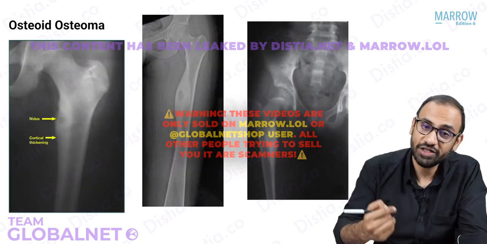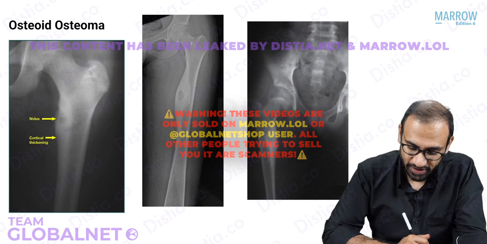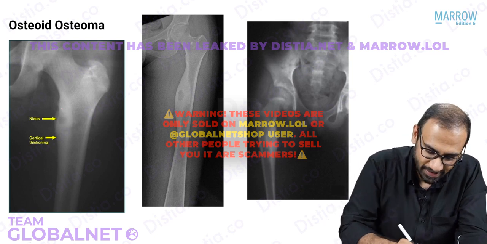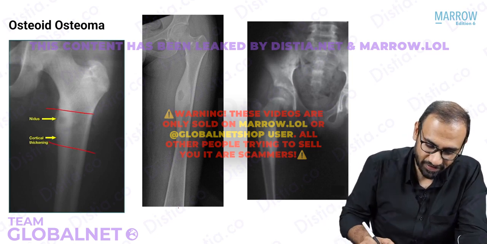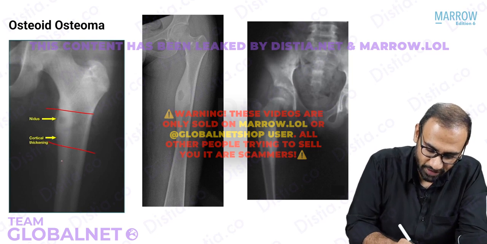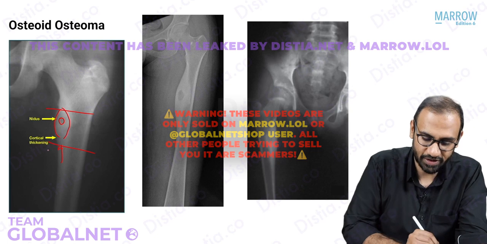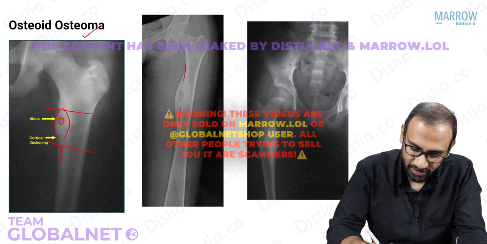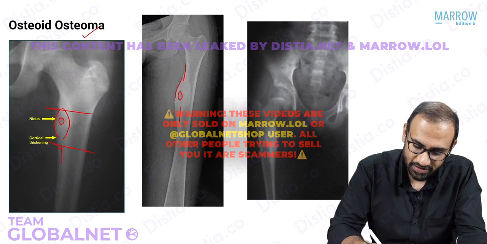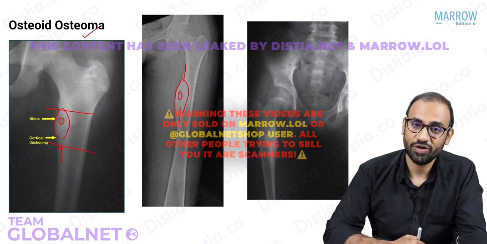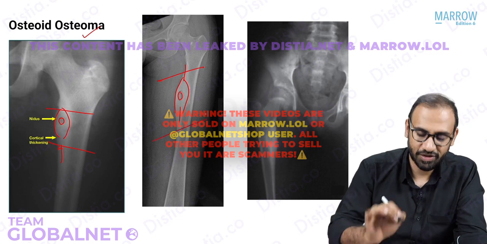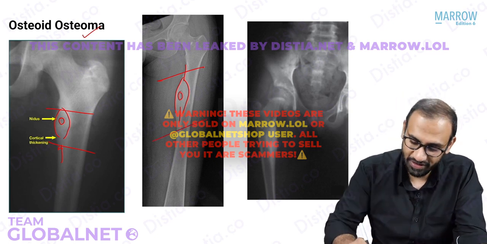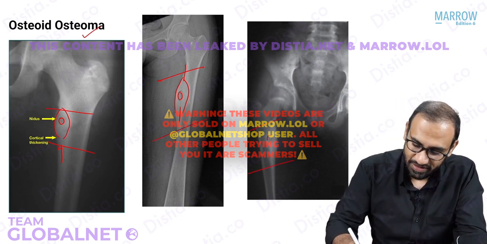Very importantly, you have to learn how to diagnose this on X-ray. So look at this X-ray. This is a lesion here in the diaphysis of the bone. It's in the cortex. There is a central lucent nidus surrounded by a dense sclerotic rim. This is your osteoid osteoma. Again, look at this, a cortical lesion, central lucent nidus surrounded by a dense sclerotic rim in the diaphysis, particularly of the femur.